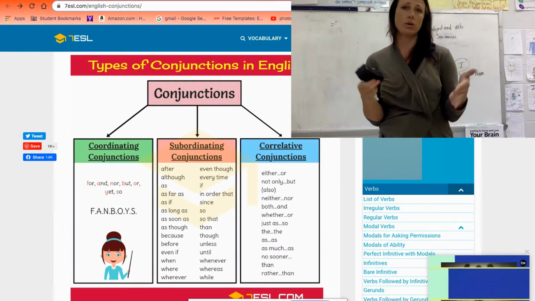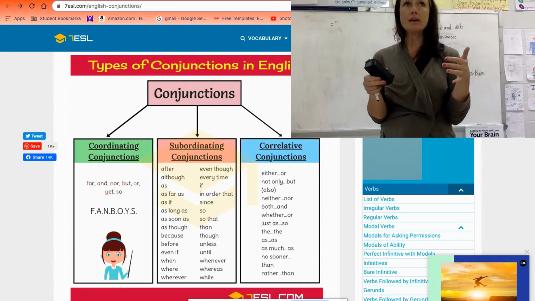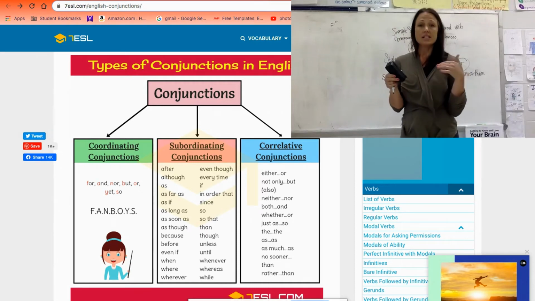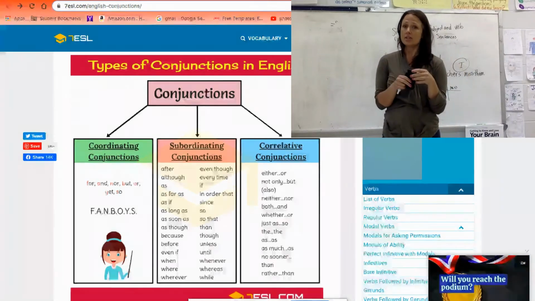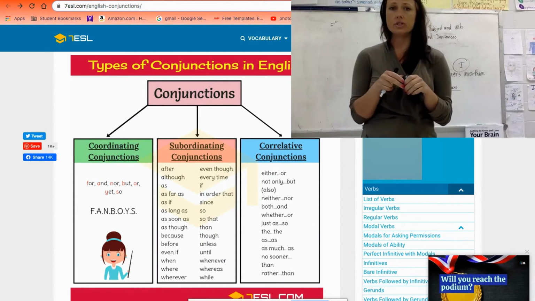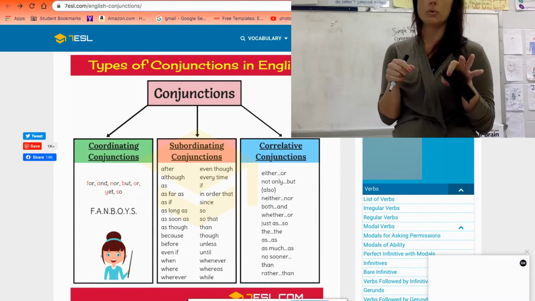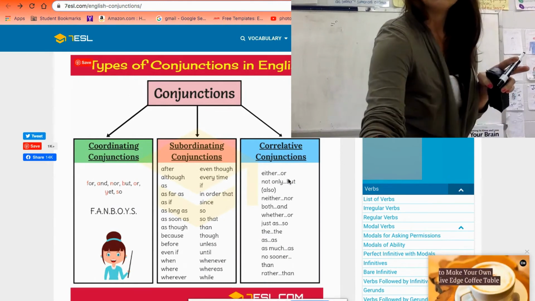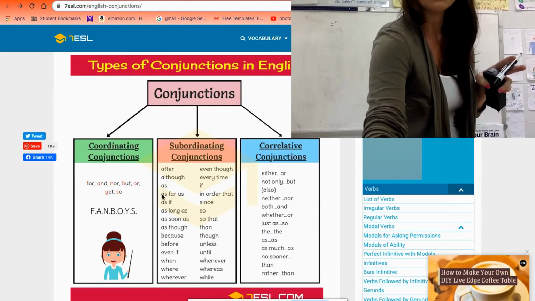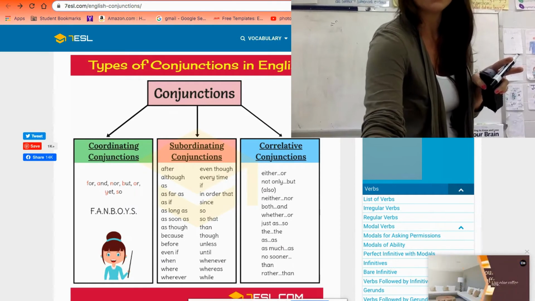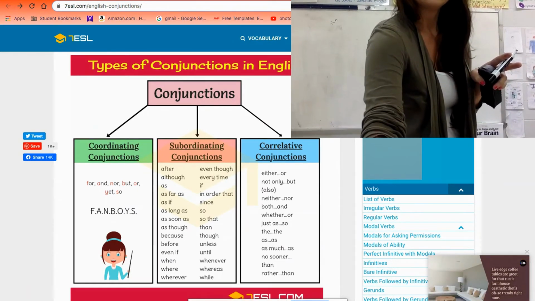It's easy to make coordinating sentences. It's easy to make compound sentences. It's easy to make simple sentences. It is not so easy to make a complex sentence if you don't understand how to make a complex sentence. So now you're going to look on the screen at the subordinating conjunctions. And right here are the subordinating conjunctions: after, although, as, if. And so if I'm thinking about that,